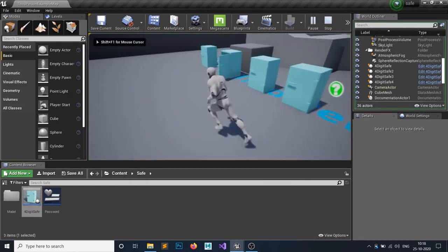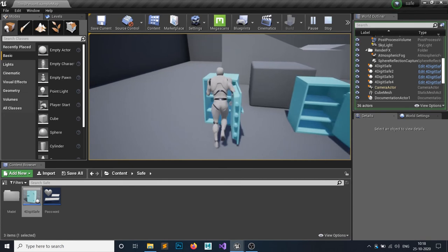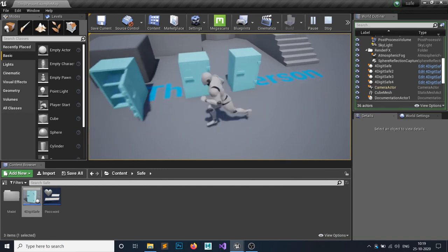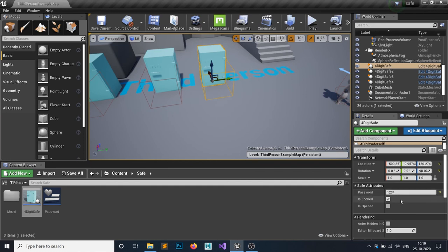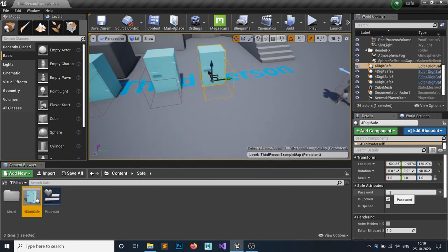Then what we want to do? We simply want to open it whenever we interact. So it is not locked. This chest is even opened, and these two are the locked chests with a password of a 4-digit number. Whenever you do a 4-digit number, make sure you do it like this: 1 2 3 4, no space added like this. You can see I have added a space. Don't add a space in here, just 1 2 3 4. Make sure you don't add a space inside here as well, and don't set a string number, just set it to a digit number, otherwise this won't work.